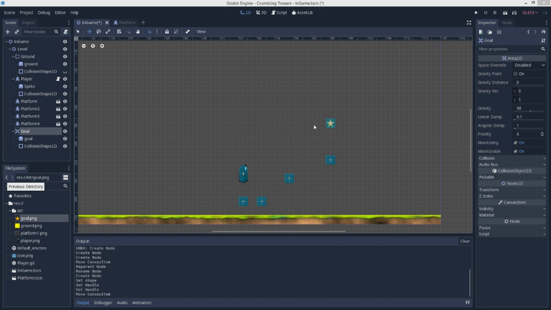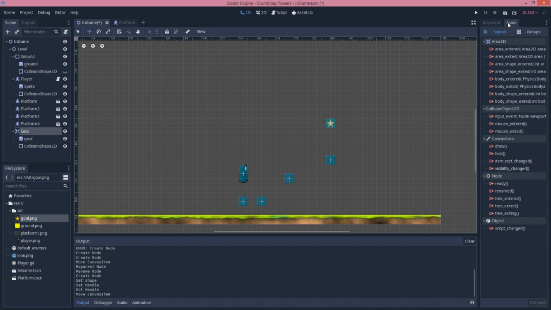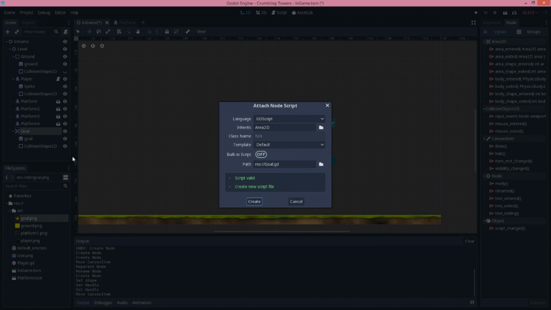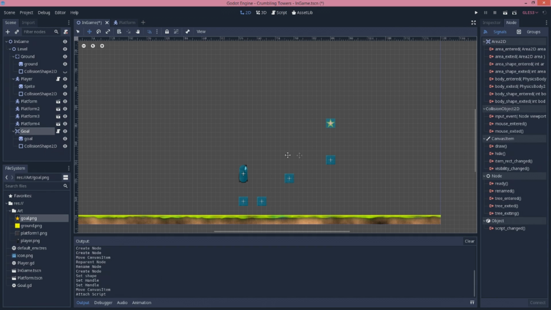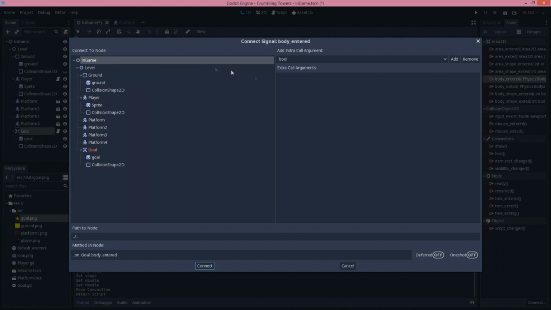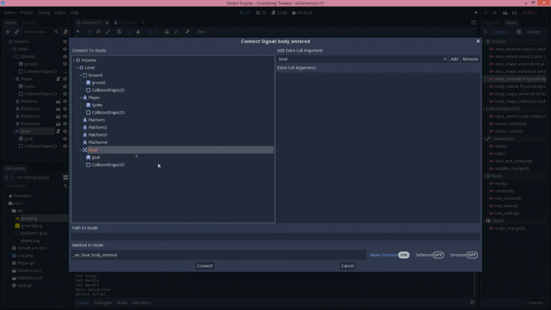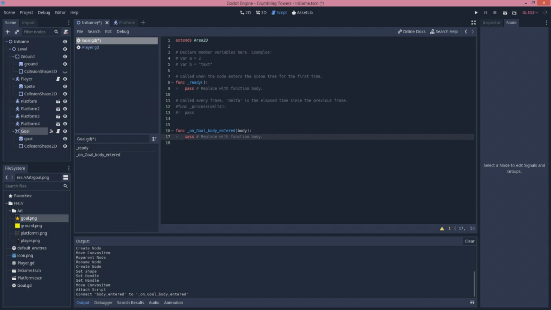So how do we know when the player touches this? Well, let's finally take a look at this Node tab. Godot uses signals as a mechanism to call into whatever code you want when certain things happen. First, we'll have to attach a script to the goal. And then we can connect the body entered signal to that script. Godot adds a function template for us automatically,